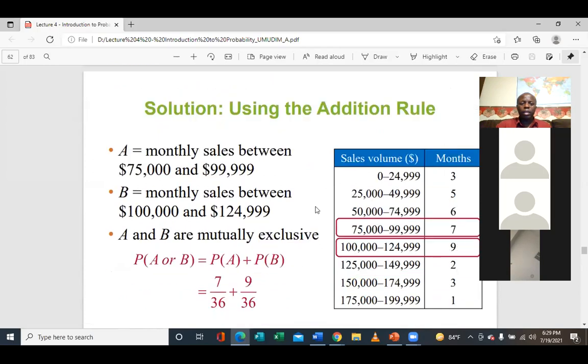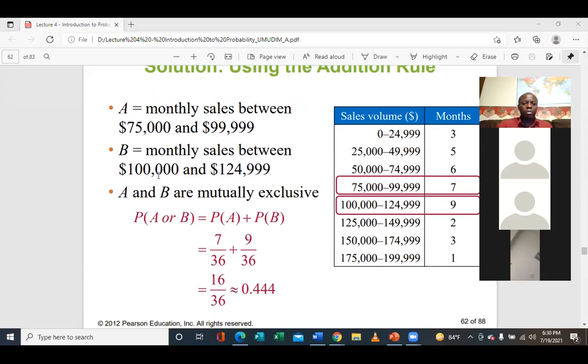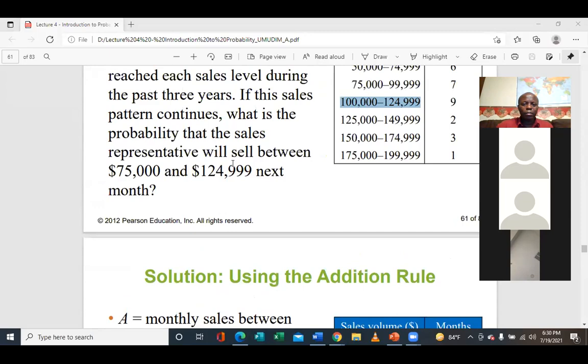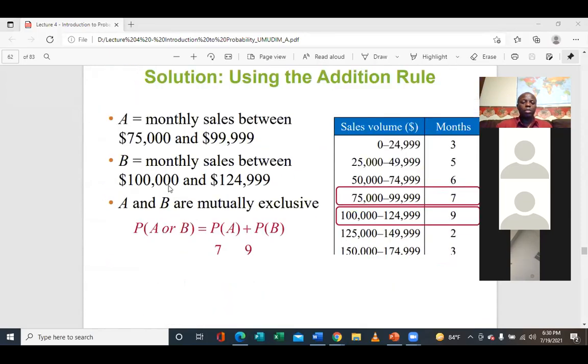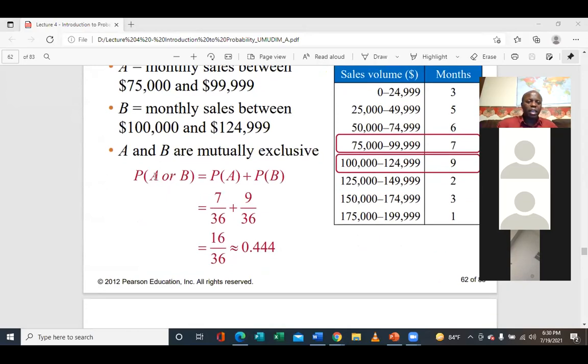So let's say that A is the monthly sale between 75,000 and 99,999. Then B becomes the monthly sale between 100,000 and 124,999. So the probability that he will reach this sales level or this sales level within the next month will be probability of A or B,